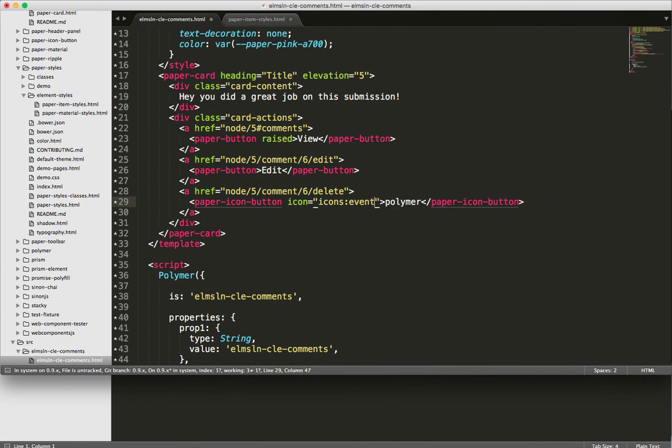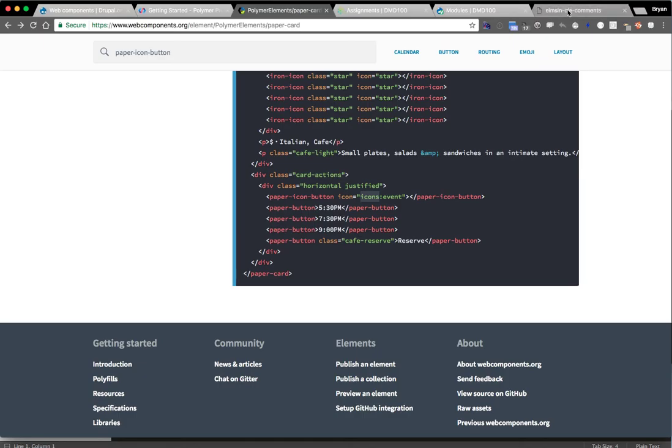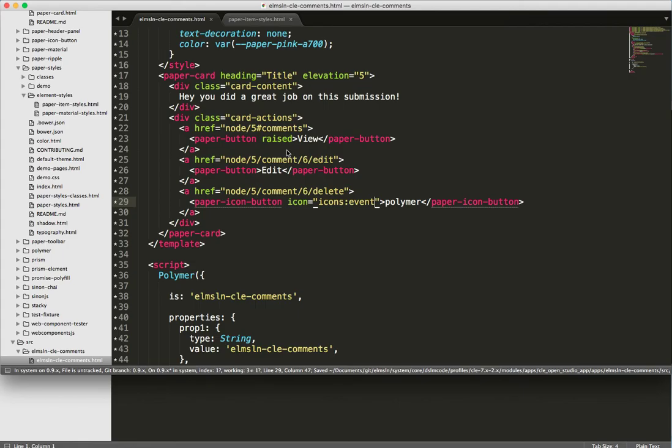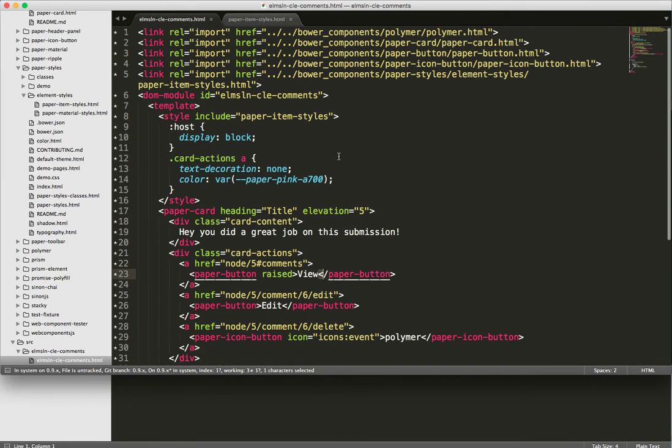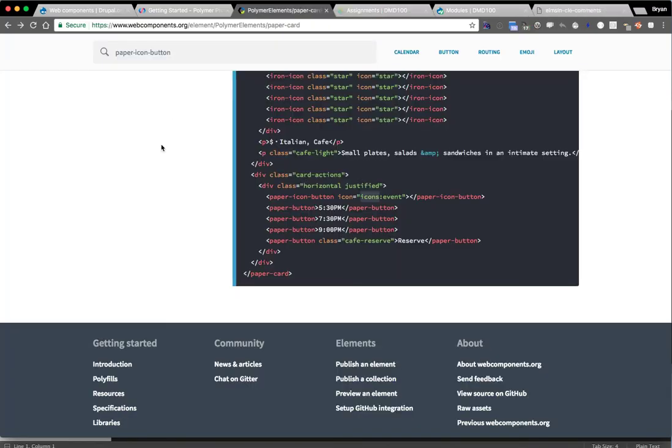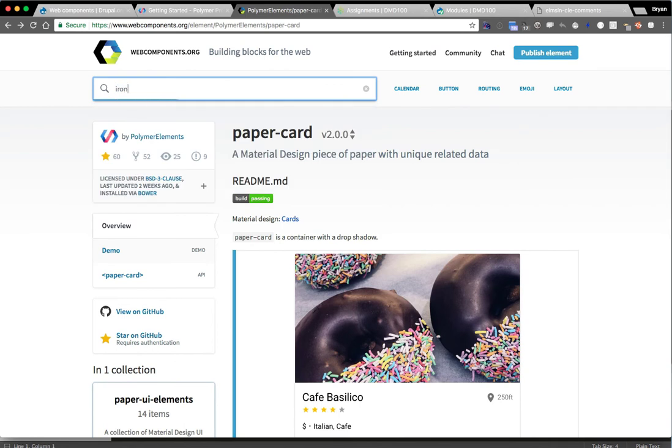Let's see if there's an event there. I might need to import an icon library. Yeah, I do. Okay, so the icons are delivered from iron icons actually. And so if I do iron icons,